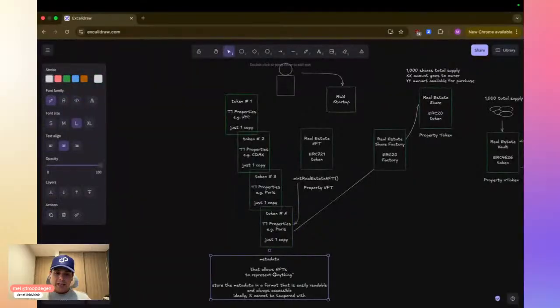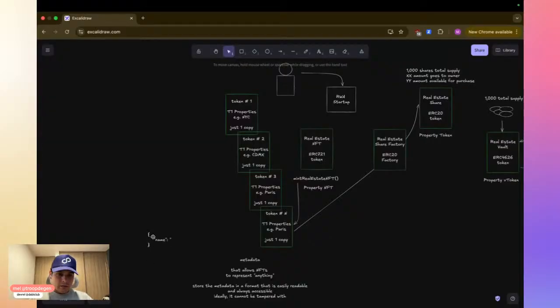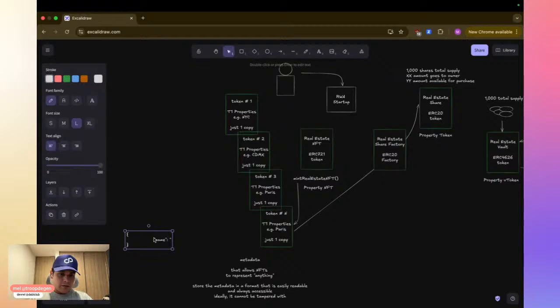So we have this metadata, which is usually a JSON. That's the format that was decided. We have a name, and we could call this, let's open this, okay, name could be cool apartment in Mexico City.